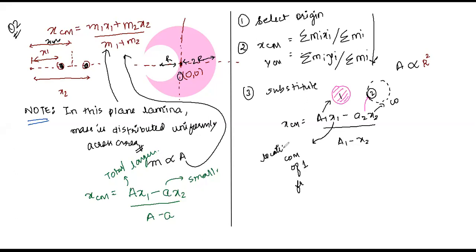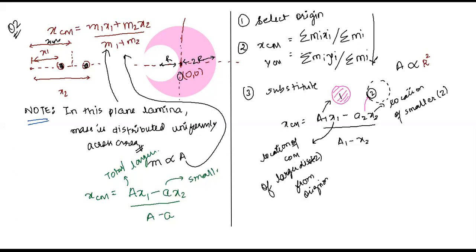Location of center of mass of 1, or the complete pink part of 1, from the origin. Of course, this x value tells you the distance from the origin, whereas this is the location of the smaller white sphere. This is 1, meaning the larger sphere. Is the point clear to all of you, by the way, what I'm trying to convey? This is the location of center of mass of the larger disk.